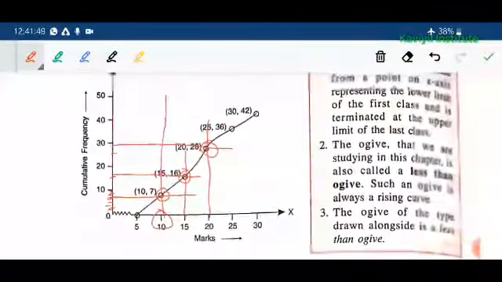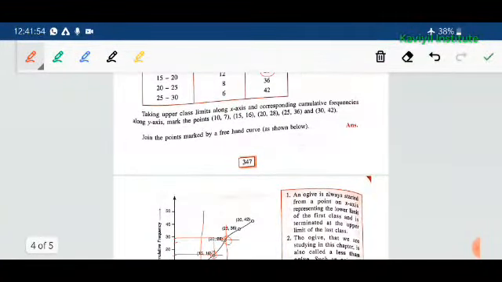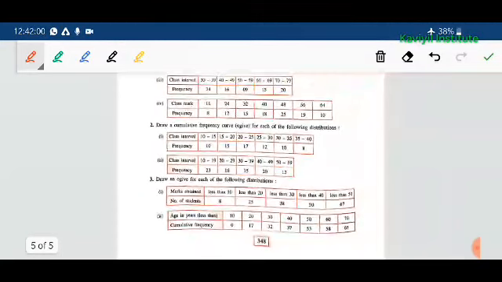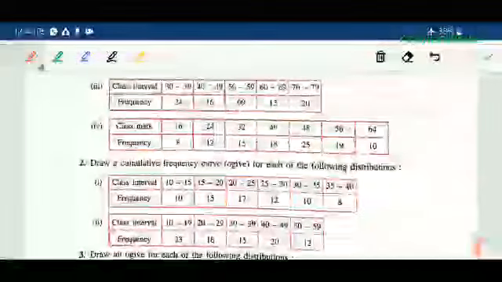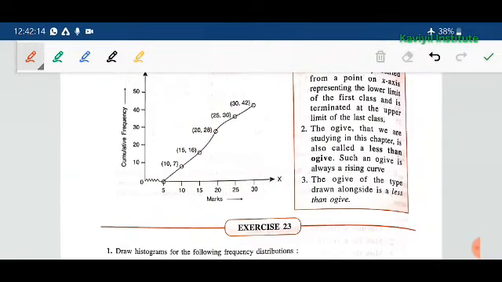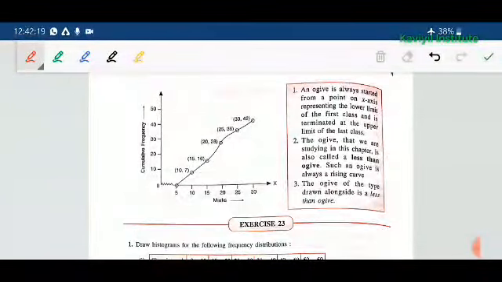Okay, so this is how we are going to draw the cumulative frequency. This is known as the cumulative frequency. So I hope now you are clear about the cumulative frequency. There are two types of cumulative frequency, positive cumulative frequency and negative cumulative frequency. These things are not mentioned in our syllabus, so we are not going to discuss them. Now there is the less than and more than. Less than cumulative frequency and more than cumulative frequency. These are the two types of cumulative frequency. We will not be discussing it here because it is not part of the syllabus, and we also don't have time.